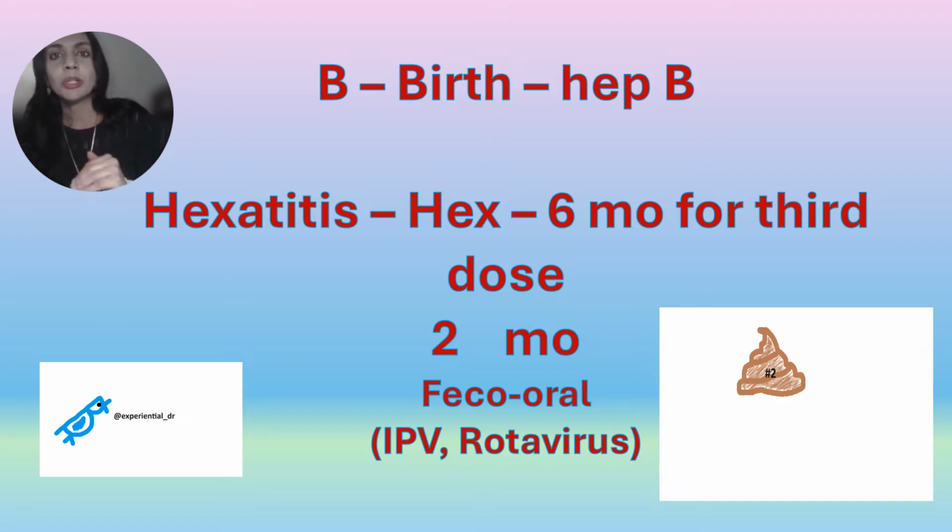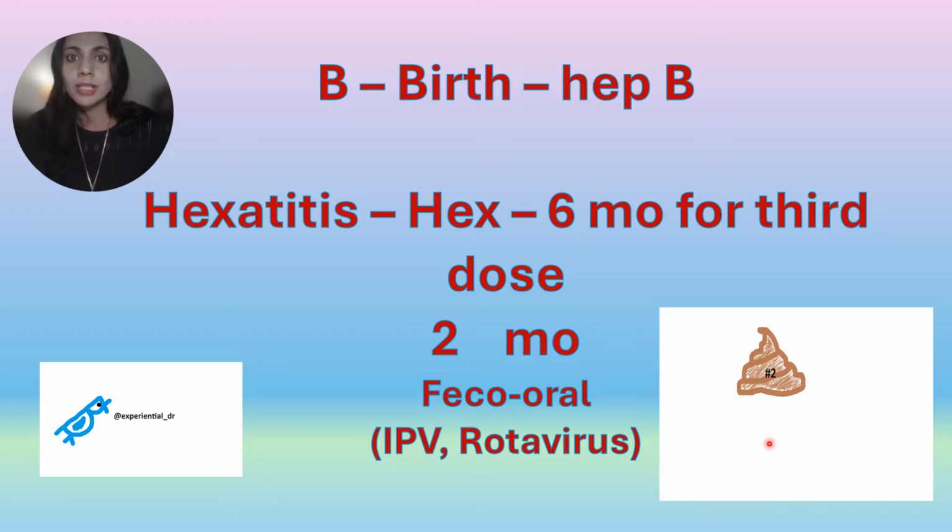Now let's go on to the 2-month doses. At 2 months, 4 months, and 6 months, the same group of vaccines are to be given sequentially. Let's refer to them as the 246 group of vaccines. Even though they are all to be given at each of these time points, let's use each number separately for the purposes of mnemonics. Think of 2 as, well,